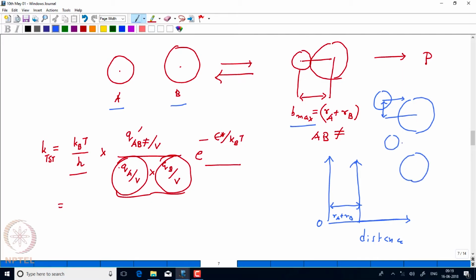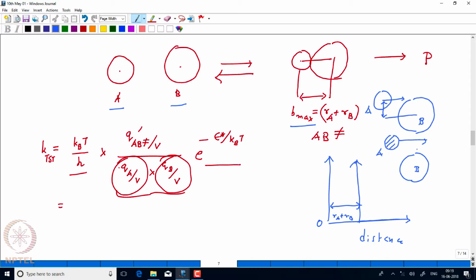Suppose the atom A is in a stationary position. We are denoting the atom B as the bigger one, so let us stick to that convention, and this is A. Now if A comes like this,